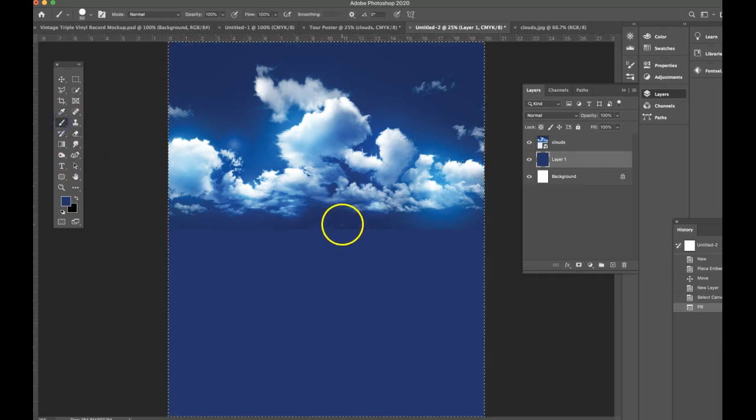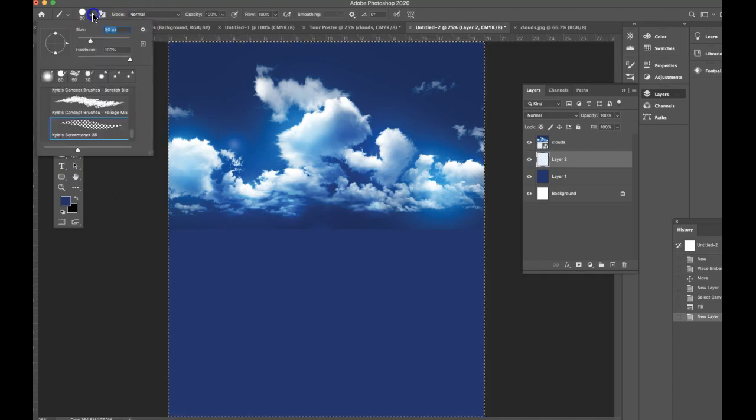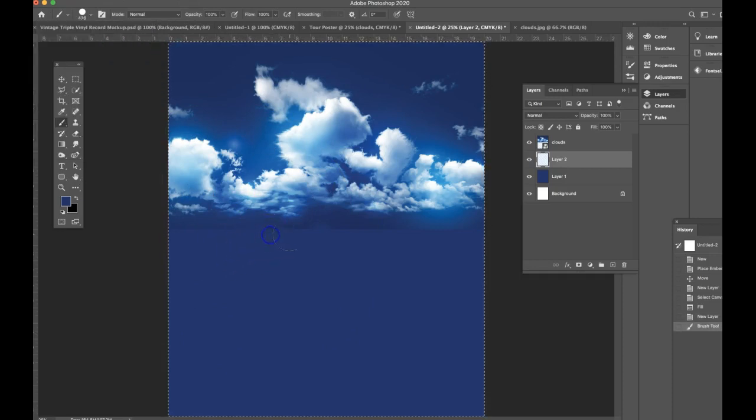Now we can still come in with some depth here and play with that. So for example, I could look for some of these darker colors, and then over the top of layer 1 that we've created, I could come in with a much bigger brush. We're going to make it real big. Get crazy. Oh, that's too big. Too small. Just right. So we can come in and we can set the flow and opacity to a little bit lighter,